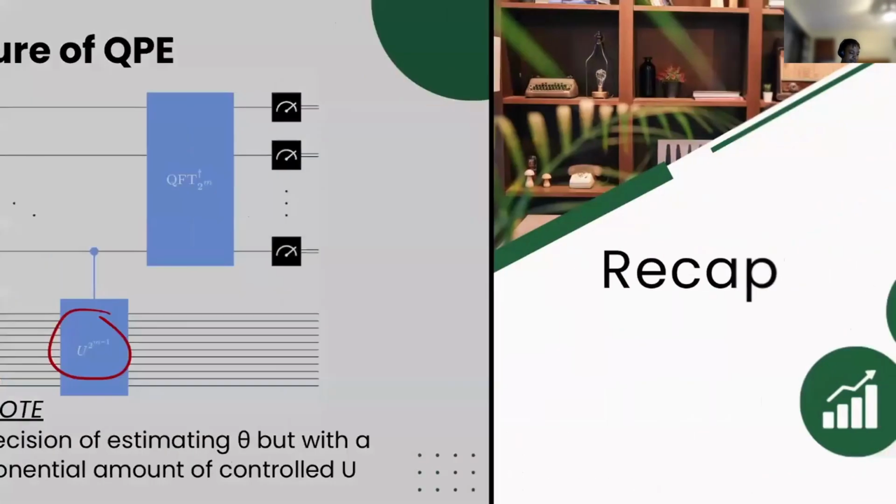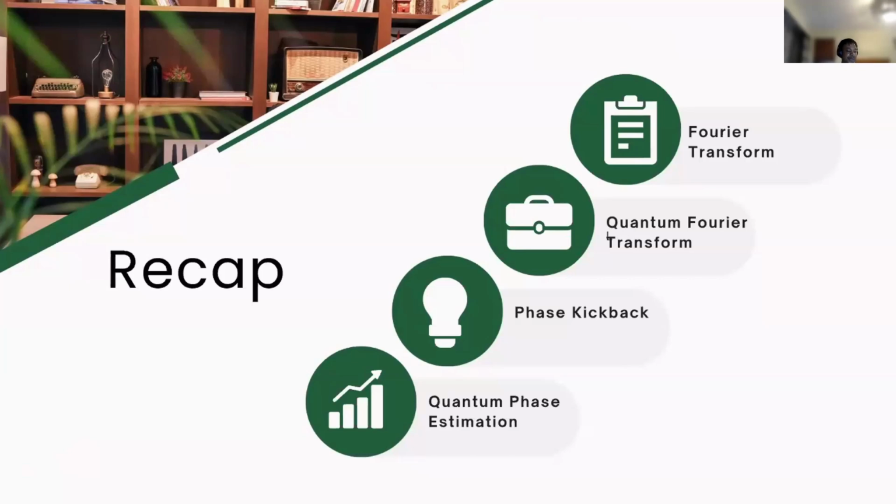So, as a recap, hopefully we've built an intuition of how the Fourier transform works, both geometrically and mathematically. We've related it to how the quantum Fourier transform is supposed to perform, doing the same operations, but on a computational basis state instead of the time domain. We looked at how phase kickback is a phenomenon utilized by phase estimation, and how we get to the Fourier basis by applying this phase kickback. And then we estimated what our theta should be, i.e. phase estimation, by applying the inverse quantum Fourier transform to this phase kickback phenomenon.